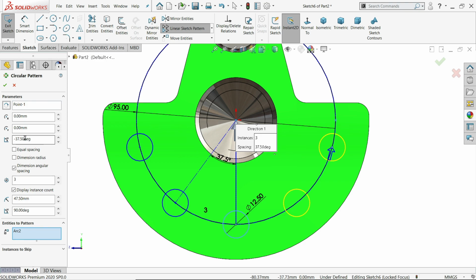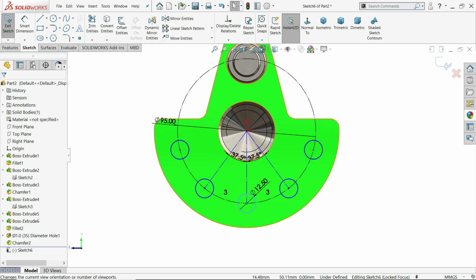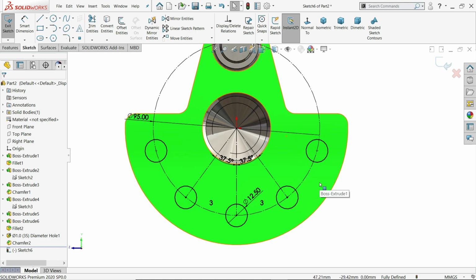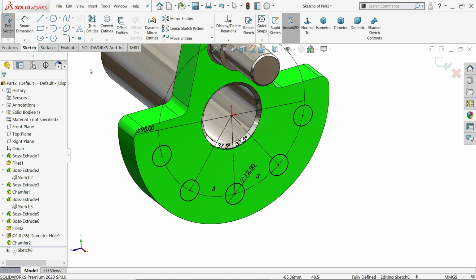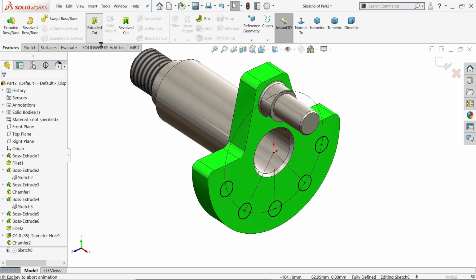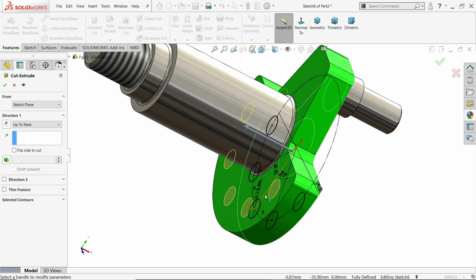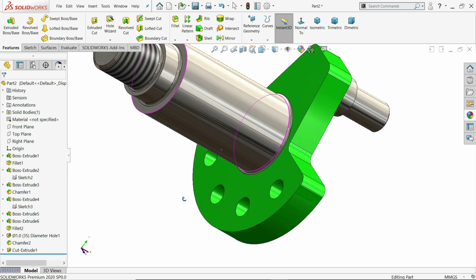Okay, here we need to put minus 37.5. See, fully defined sketch, calculate. Okay, now our drawings are fully defined. Extruded cut. Here simply in end condition click up to next, so it will cut up to the outside wall. Say yes.